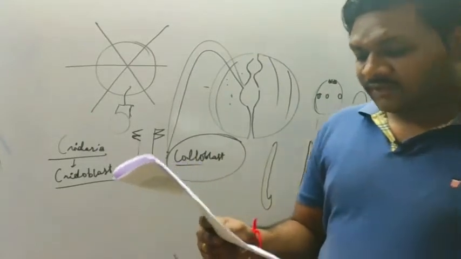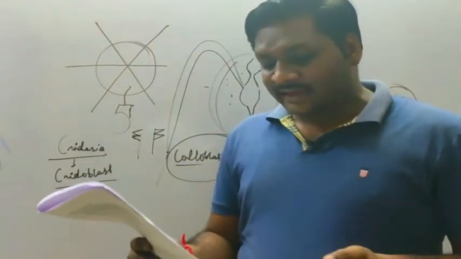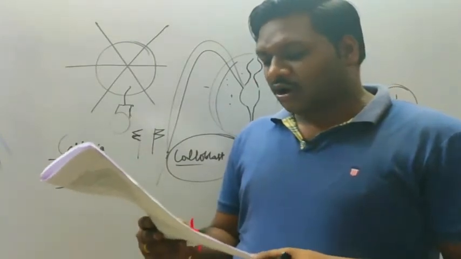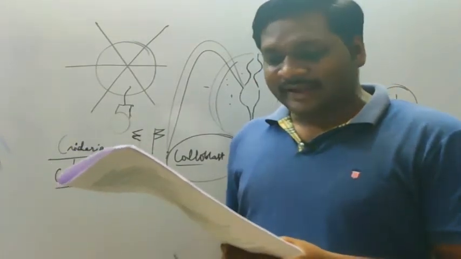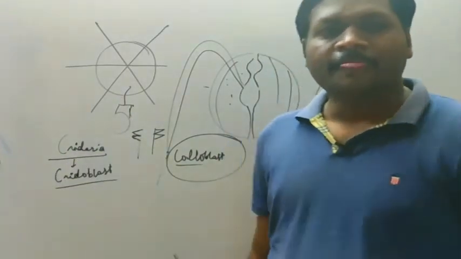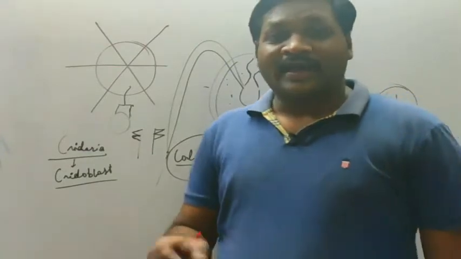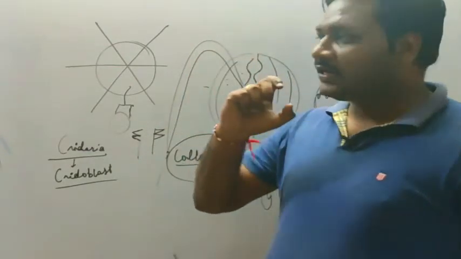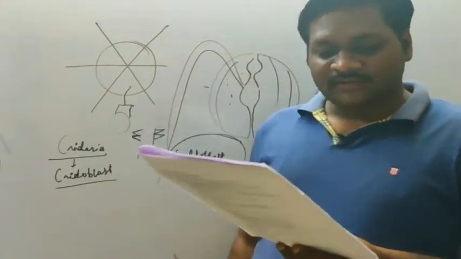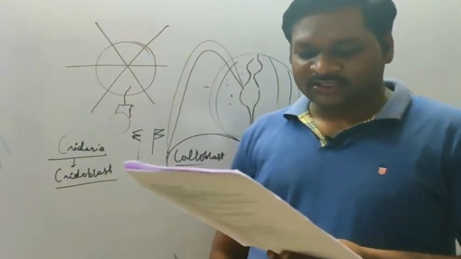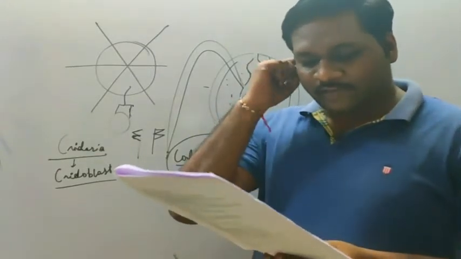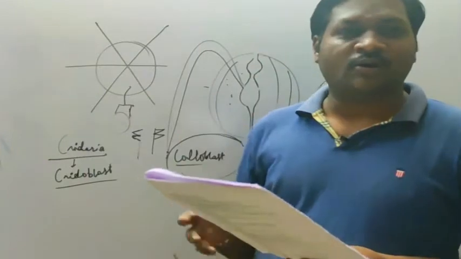The next question number 149, file-like rasping organ for feeding called radula is present in all mollusks except, see, radula, as I told you in the beginning also when I was teaching it, on this the questions will be asked. So the answer will be Pinctada. Okay, that is pearl oyster. And then the radula is not found, okay, as a feeding or the rasping organ.